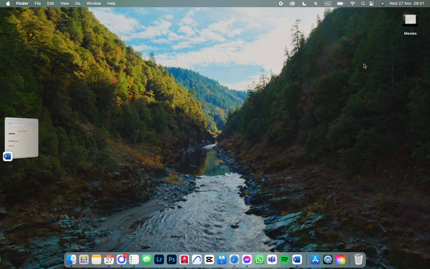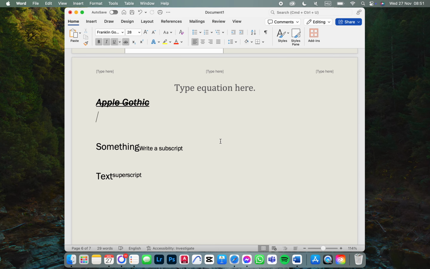Going to show you how to set capitalization in the Microsoft Word app. First, we have to open up the app. And here, this is how it opens up. From here, let's just select text, which we want to